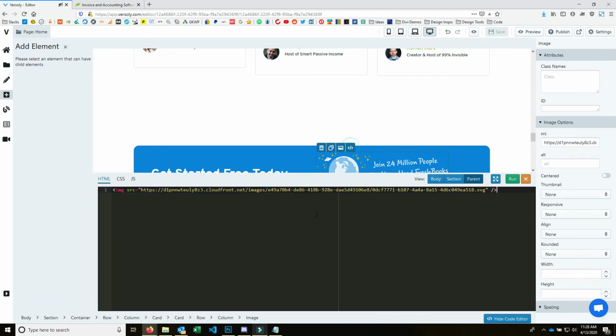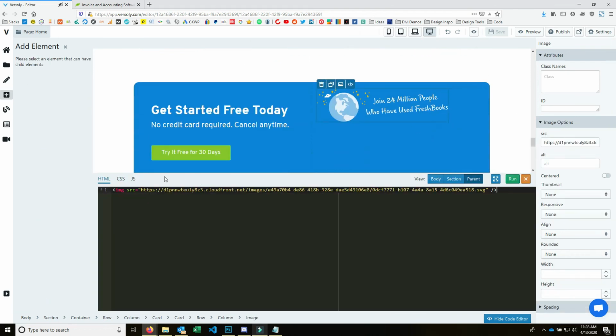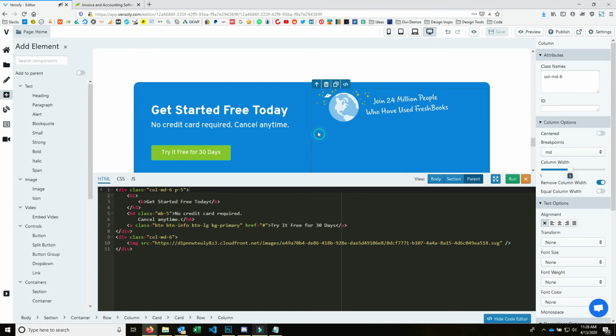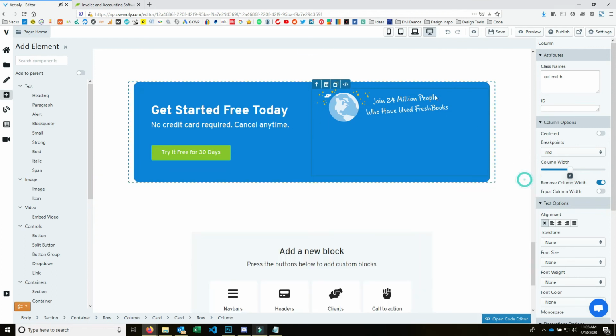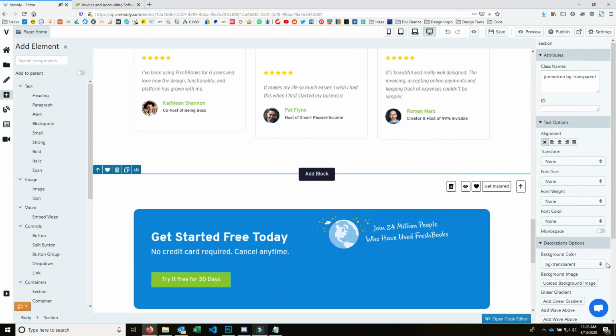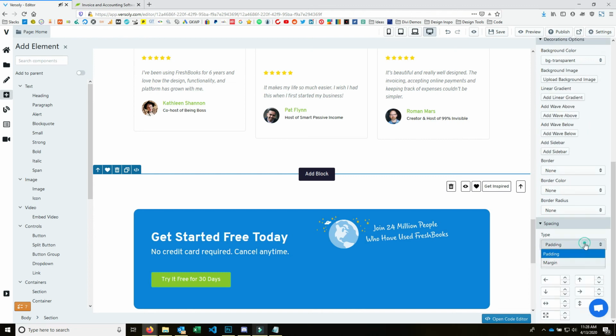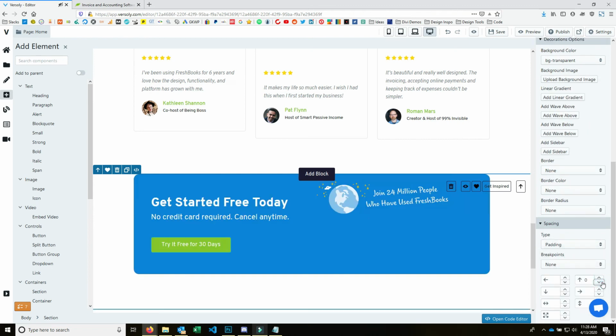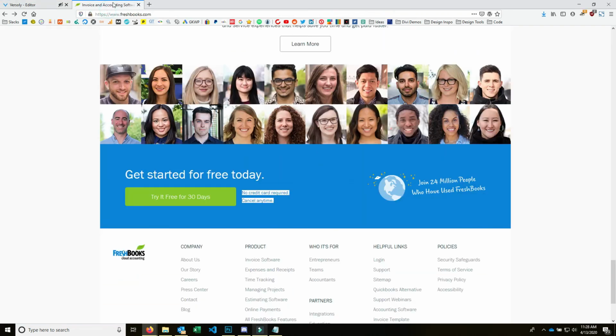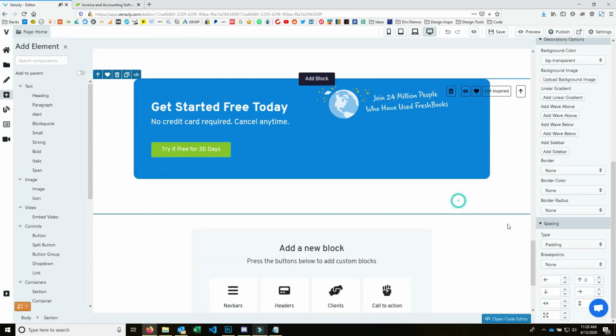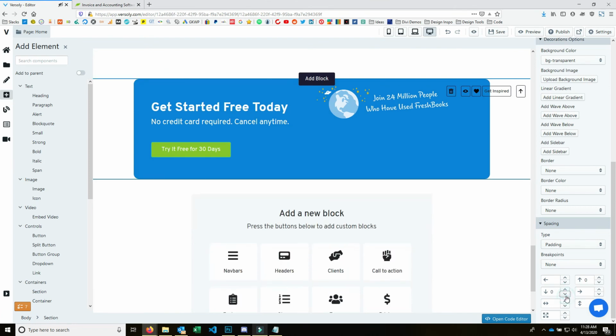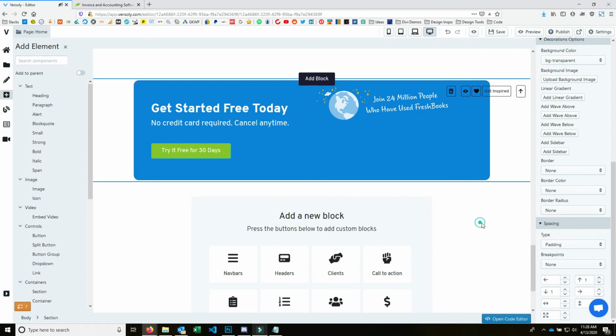So this, I want that to align center. I'm wondering if I can use Flexbox for that. Yeah, I'll save that for another time. So we got the call to action added. I'm going to remove the padding from the top here. And I might remove it from the bottom too. Yeah, let's do that. Maybe just one of each. There we